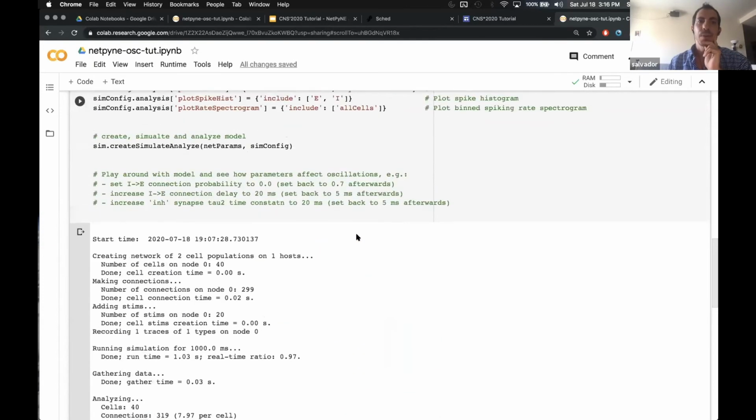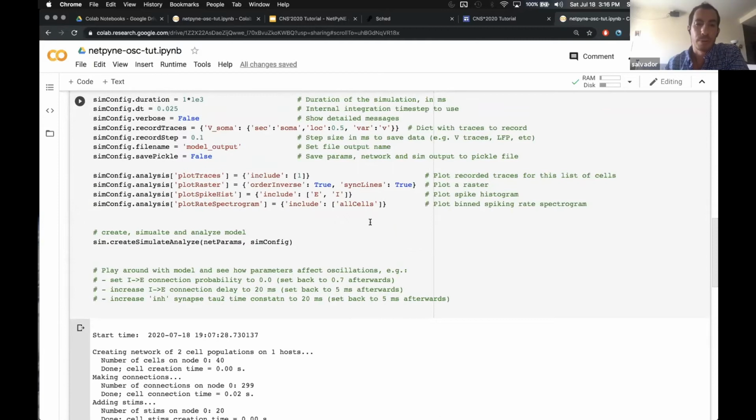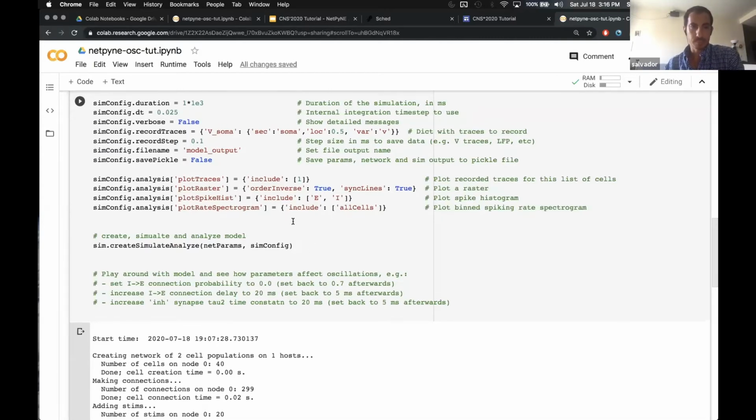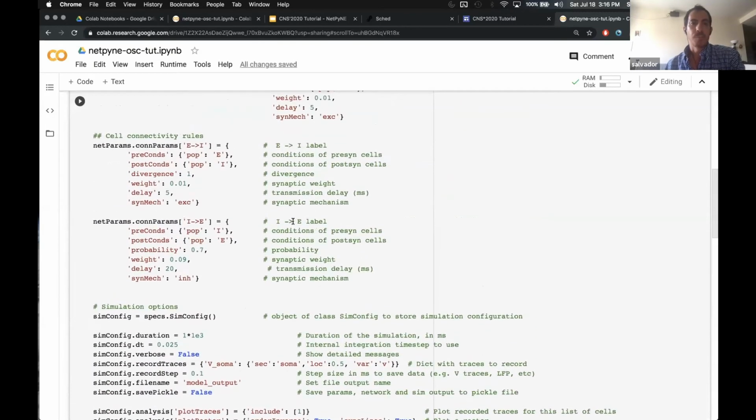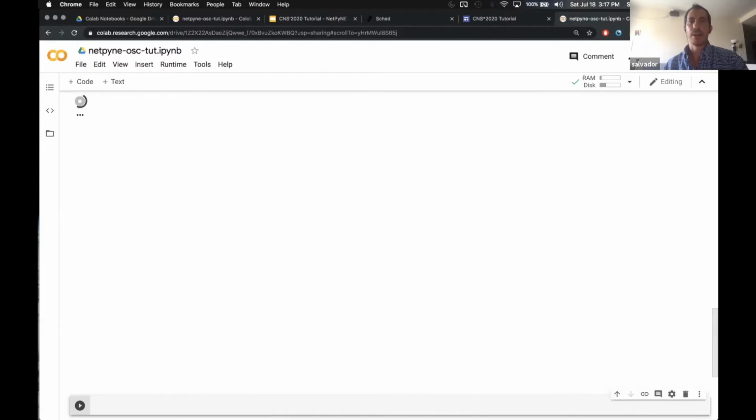The next thing we're going to do is play around a bit with the parameters of this model and see how we can change a few parameters to obtain different oscillations. The first thing we want to do is remove the inhibitory connections. This is going to result in the removal of oscillations, because oscillations here in this case are generated through the interaction between excitatory and inhibitory connections. So if we set the probability of connection from I to E to 0, and we run the model again,